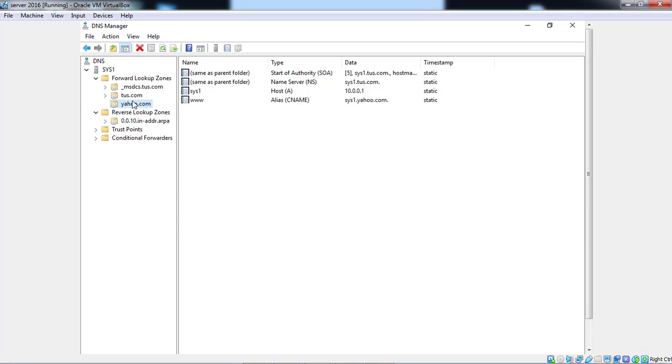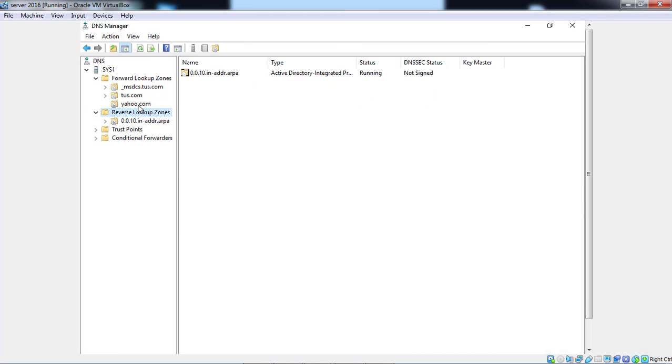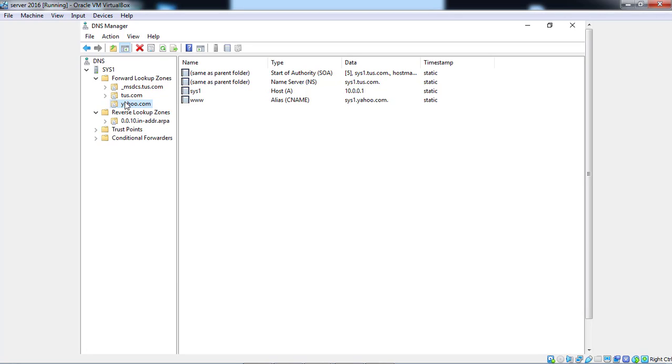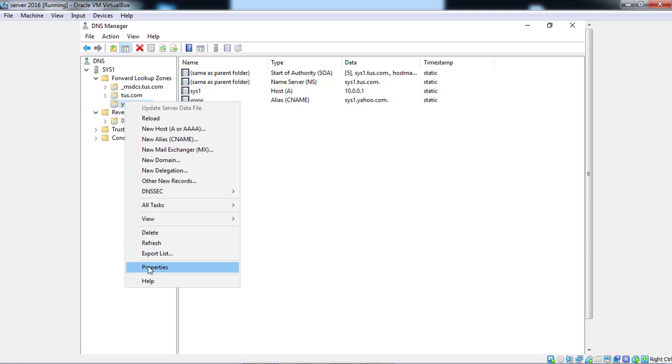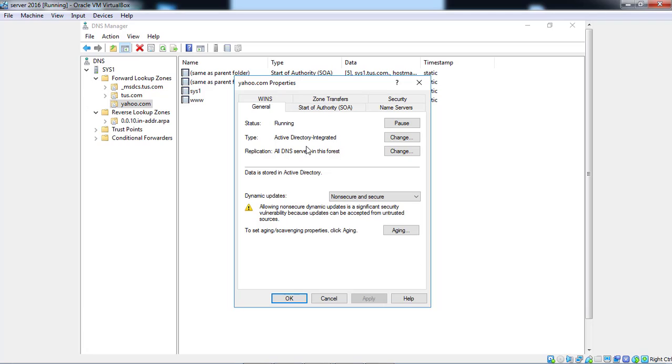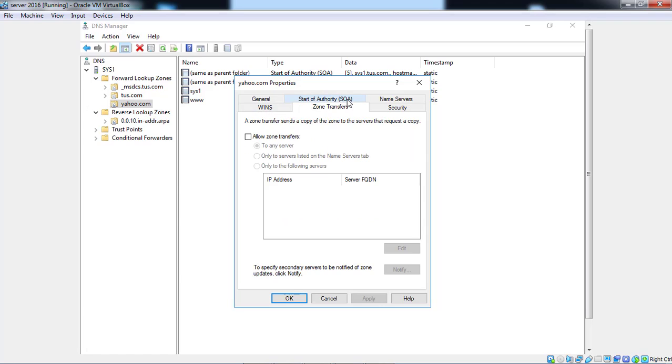So yahoo.com, right click, properties, then select the Zone Transfers tab, then click allow zone transfers, then click on only the following servers, and click here the Edit.